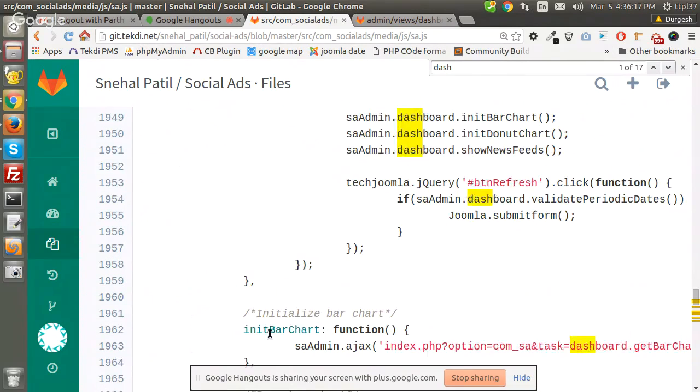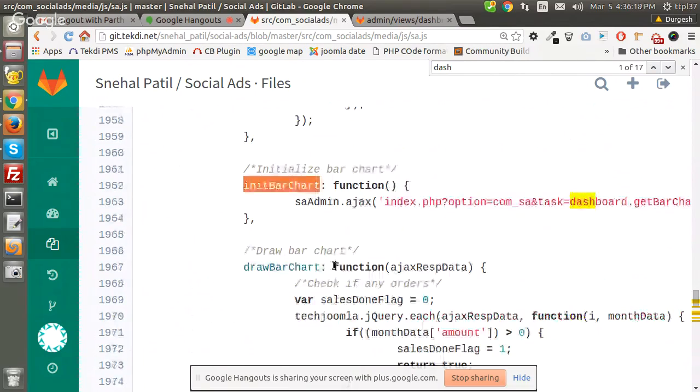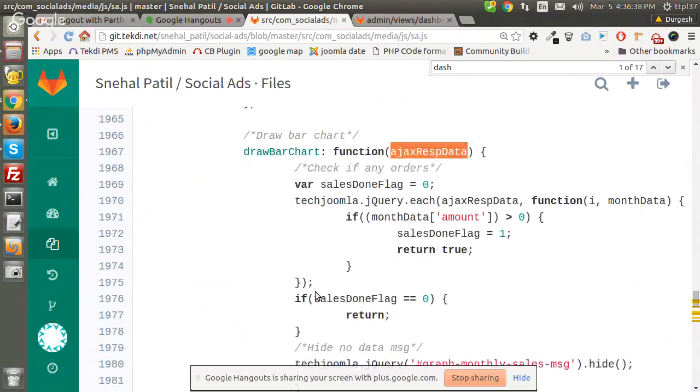The functions written here have a slightly different syntax. In normal JavaScript, what you write is function, then the function name, and then brackets. In object oriented notation, you write the function name first, then colon, then function, and then any arguments that you want to pass. That is how you write in object oriented notation. So now this is how you can write all your JavaScript code, and it gets easily manageable inside a single